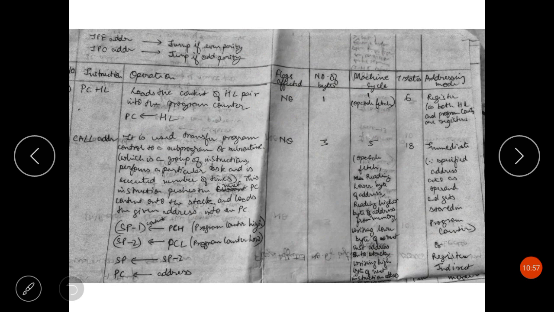Now flags affected: no flags will get affected, as no arithmetic or logical operation is taking place here. Number of bytes: obviously 3 bytes, 1 byte for the opcode and the remaining 2 bytes for the address. Machine cycles: 5 machine cycles. How? The first machine cycle is for opcode fetch. After fetching the opcode and decoding it, the microprocessor knows that it has to store the next instruction address in the stack memory,